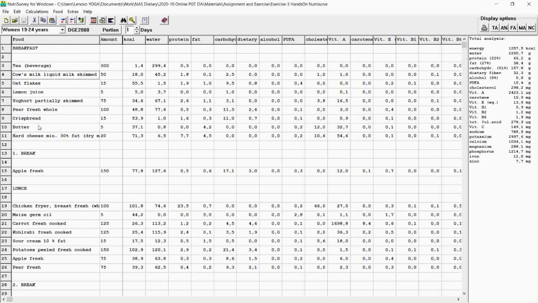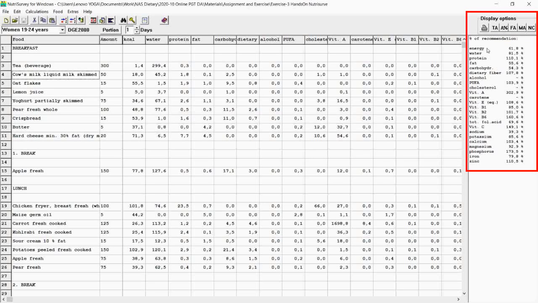The foods consumed are listed along with the amount for each food consumed, and the food intake analysis will appear. In the right box, we can see the total analysis, and if we click percentage, we can also see the percent of the recommendation.